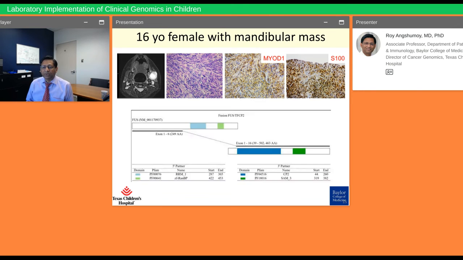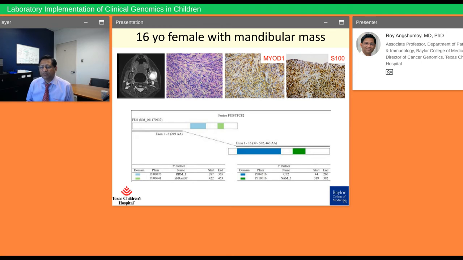A third example, this is again from our archives, a 16-year-old female with a large mandibular mass. It's a big white tumor that is arising in this radiologic image on the top panel on the left. And you can see some pathologic images showing expression of certain markers that indicate that this is a skeletal muscle tumor, or rhabdomyosarcoma. Now, when we did clinical testing for this patient, we found a FUS gene fusion with